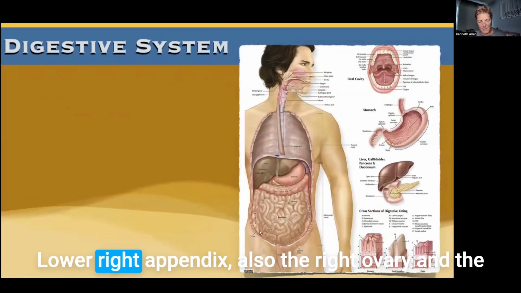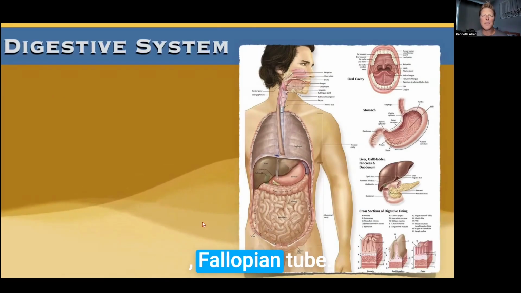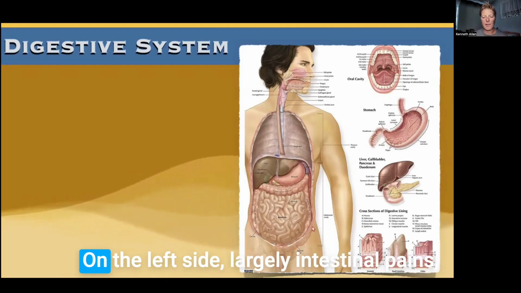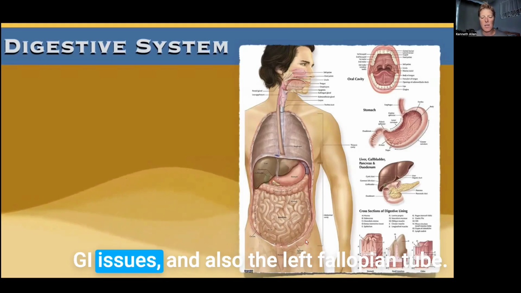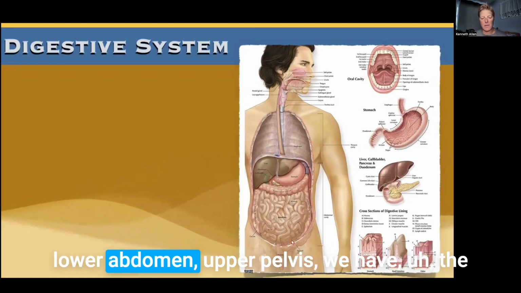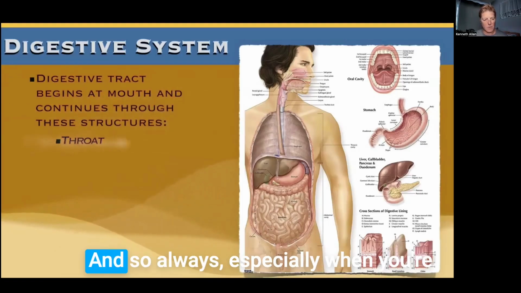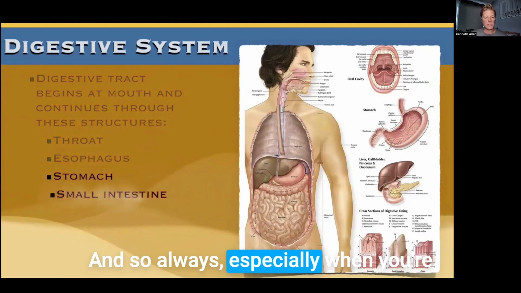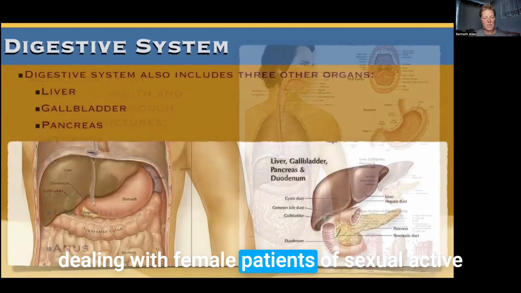lower right, appendix, also the right ovary and the fallopian tube. And on the left side, largely intestinal pains, GI issues, and also the left fallopian tube. So remember, where we get down lower pelvic, lower abdomen, upper pelvis, we have the genitourinary issues to be concerned with. And so always, especially when you're dealing with female patients of